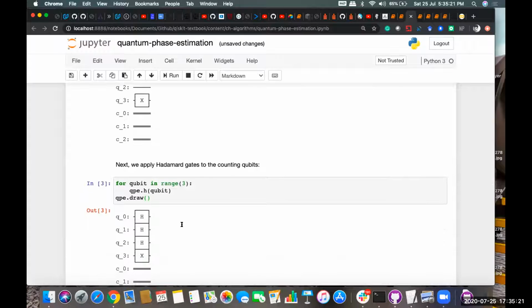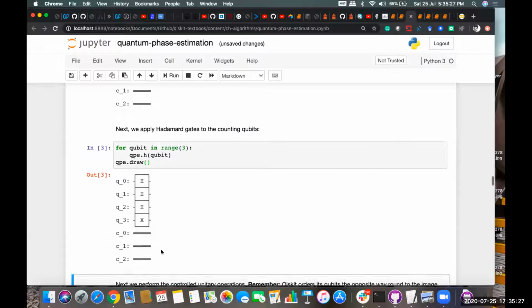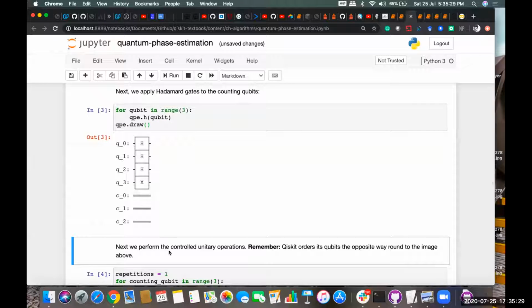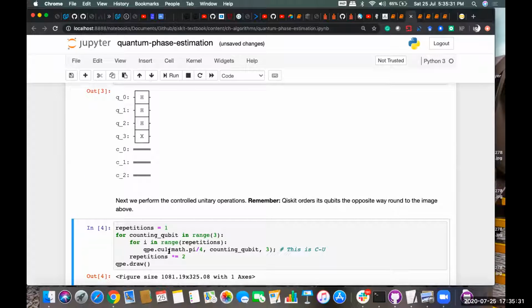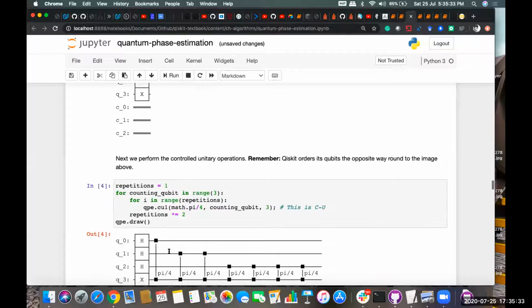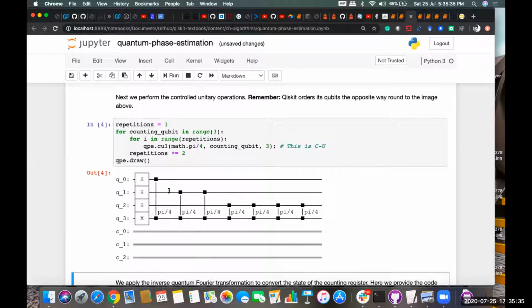Okay, we have applied the Hadamard gate on all the 3 qubits, and an X gate to flip the value of the fourth qubit. Okay. So, if you can see, after applying the Hadamard gate, we are applying the control unitary gate from Q0 to the final qubit, Q3. Similarly, from Q1 to,